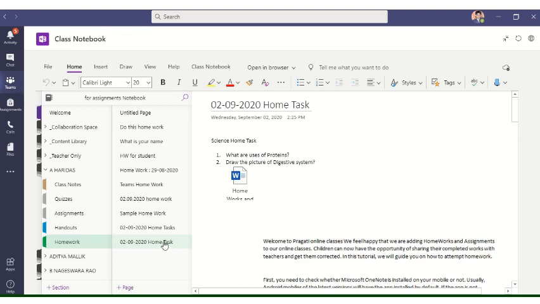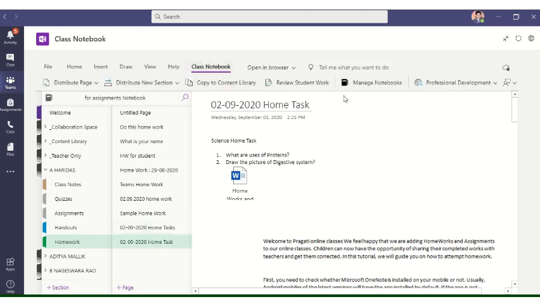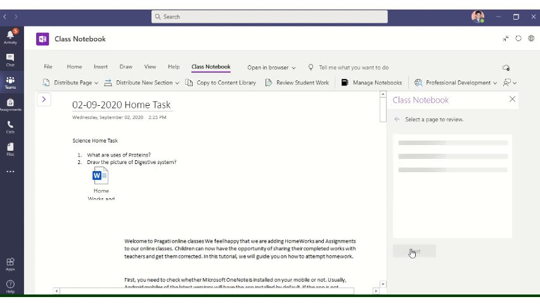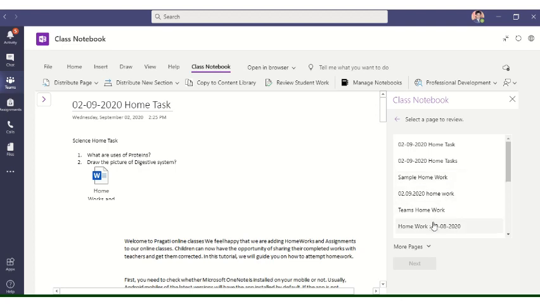Now the students complete the work and they will send it to you. After that, the next day after giving the homework, again you need to open the class notebook and review student work. You need to press review student work. Here it is available, and currently you are checking for homeworks, so you go for homework. Next you will see the list of homeworks which were assigned to the students in the previous days, but you need to select the work which you are going to review now.